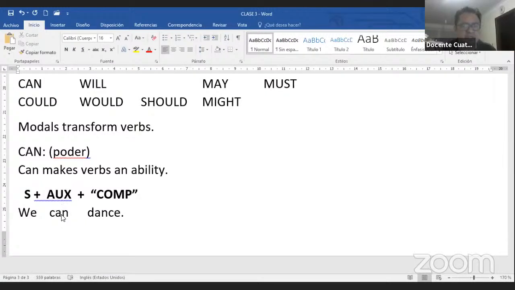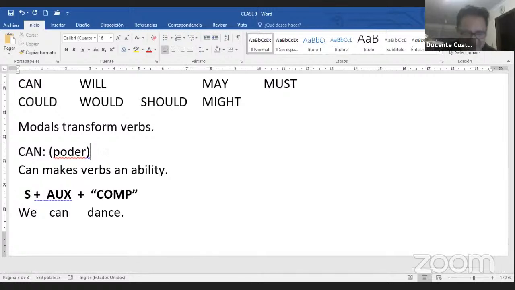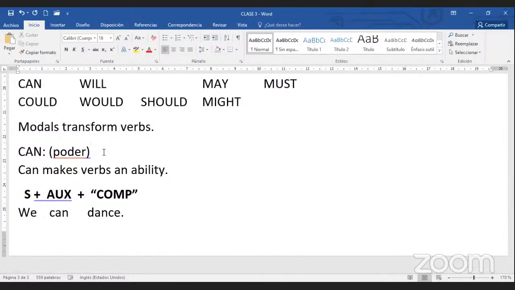Los modals no tienen traducción en español. Está mal traducirlos, porque son auxiliares que transforman a los verbos. No son palabras. En español, si quieren, no existen los modals. Pero les podemos asignar una palabra en español para entenderlo más fácil o más rápido. Entonces, Gaby, ¿qué significa can? Con tener la habilidad de. Nada, no significa nada. Ok. Pero ¿cuál es su función? Su función es hacer de un verbo